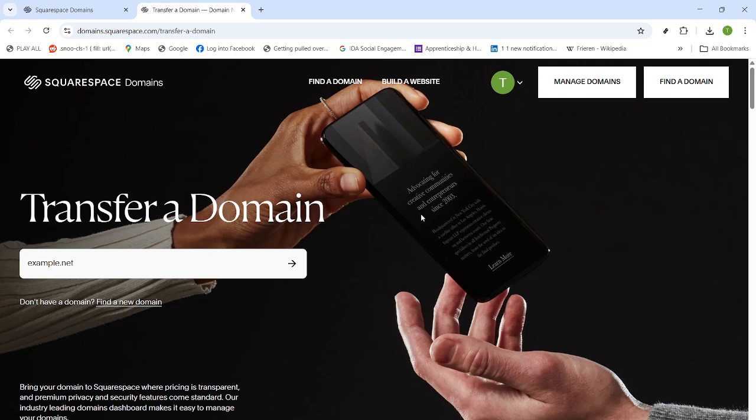Transfers usually take anywhere from a few hours to up to 5 days, depending on your current registrar. You might receive an approval email. Approve it promptly to speed things up. You can monitor the status anytime in the domains area of your Squarespace dashboard. Once the transfer shows as complete, your domain is managed fully in Squarespace and will route to your site without